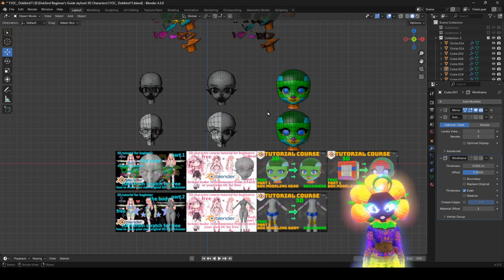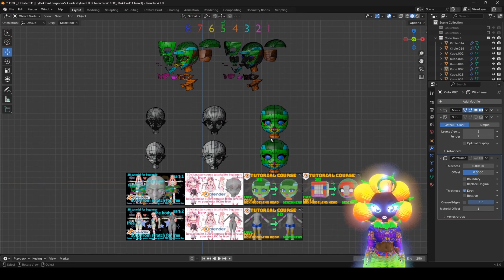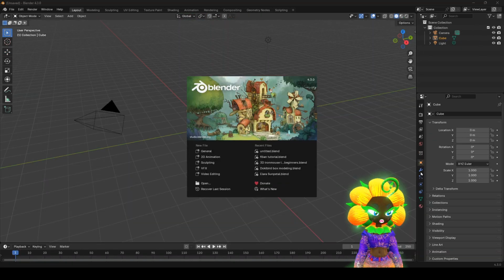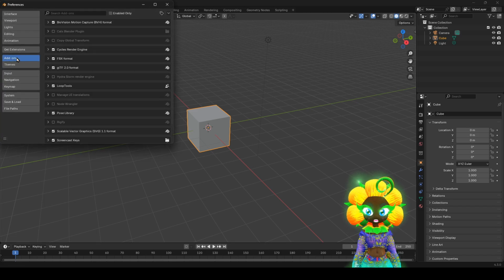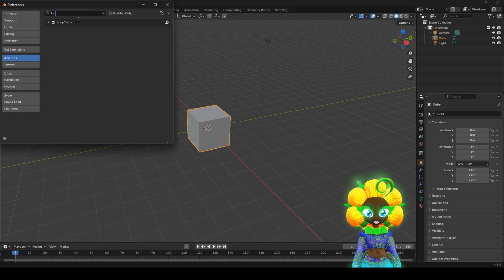And now I'm going to show you how to do a new method with a new awesome avatar, Filian. Link in the description of how to get this program off the Blender website. It's pretty easy, and it's free, and it's awesome. All right, go to Edit, go to Preferences, go to Add-ons, and type in Loop, and make sure you have